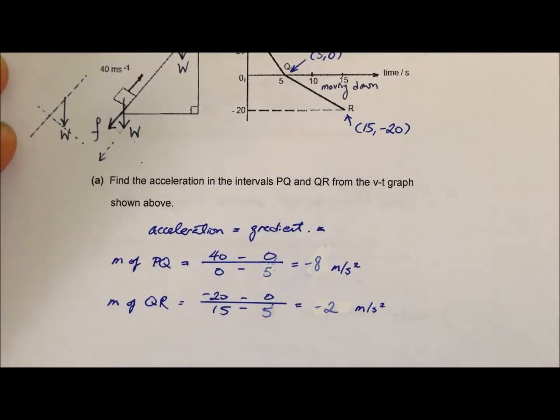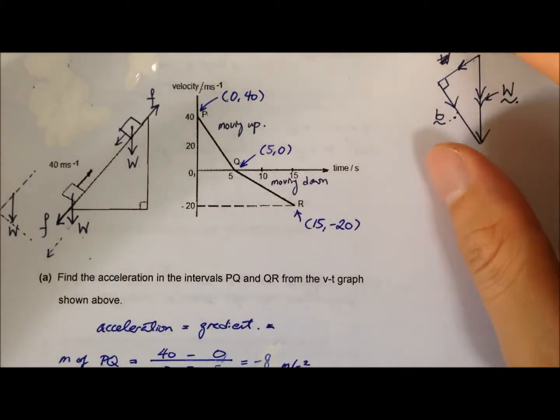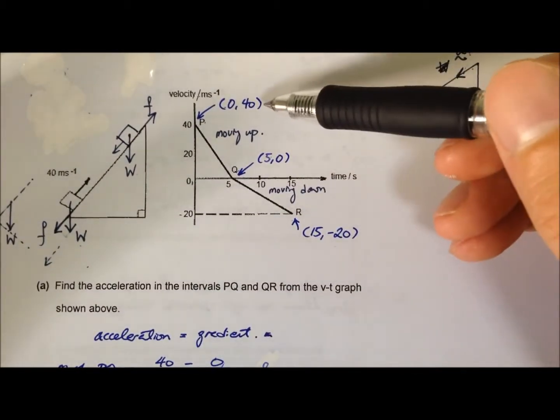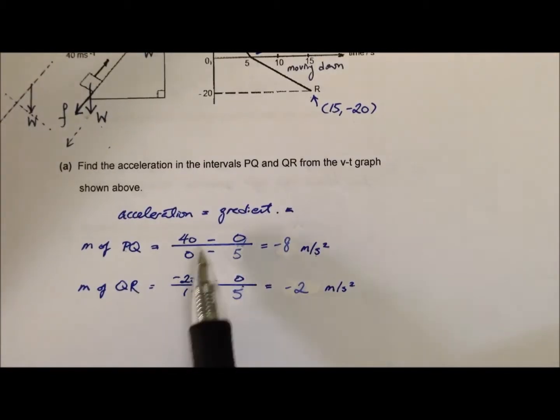We are going to continue with paper 2 of the YTSS Prelim 2014 for the pure physics subject. Okay, first question is your kinematic question. You are given a VT graph. So on the VT graph, just label the points so that it is easier for you when you are calculating